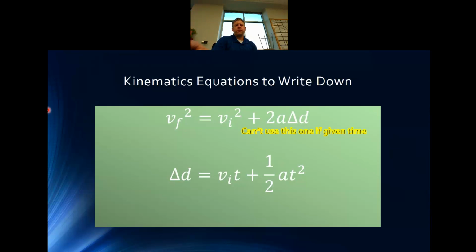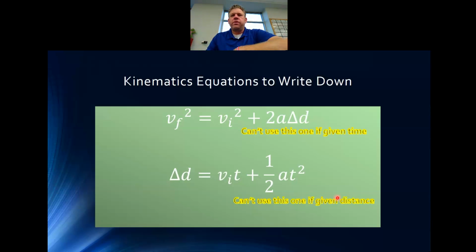Now, top one. To be aware of which one we can and cannot use so that we don't have to force each question into each of its own. For the top one, if you're given time, can't use it, all right? That means that you have to use the bottom one if you're given time, or the average acceleration, okay? If we're given, wait, no, this one, we can't use if given distance. No, that's actually can't use if we're given,